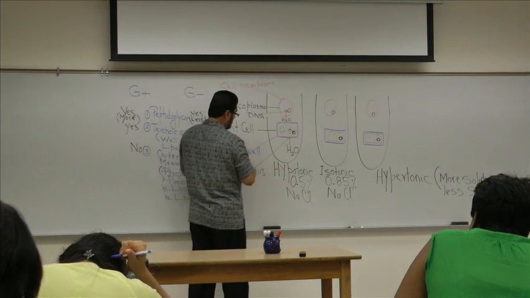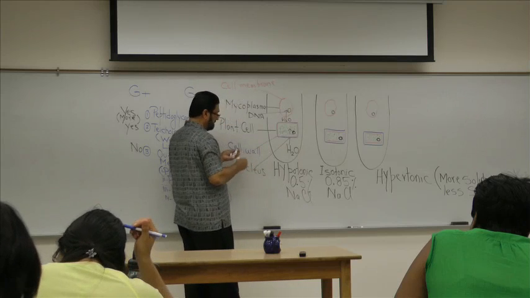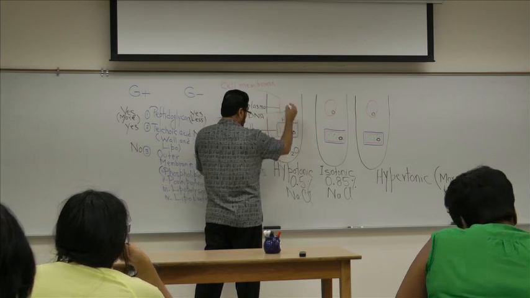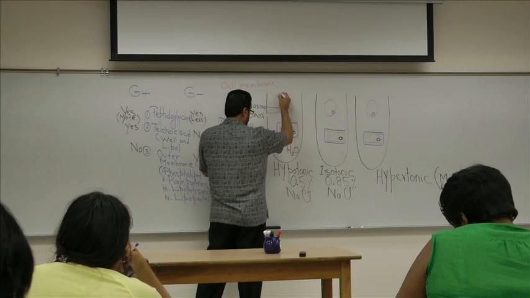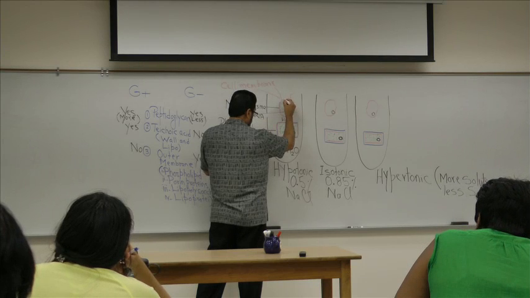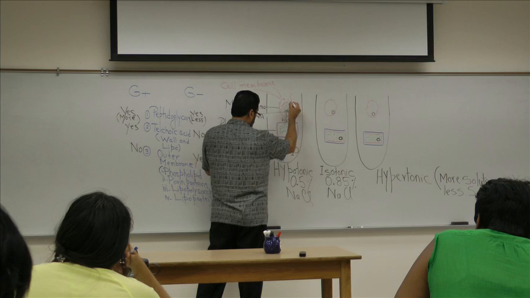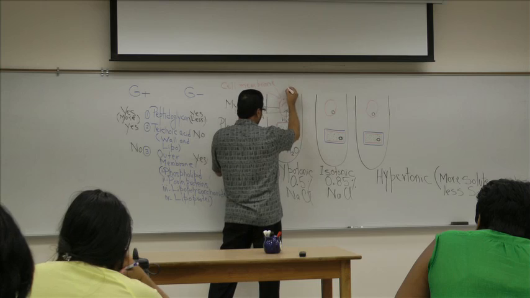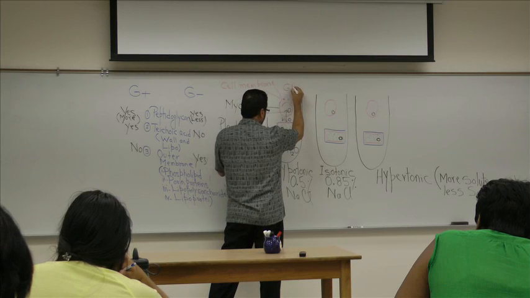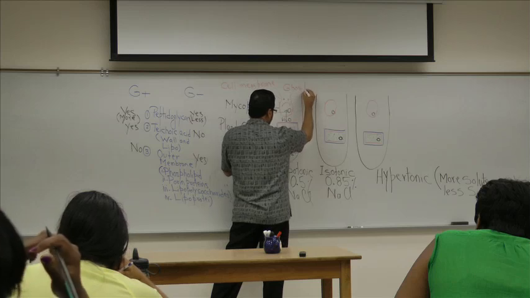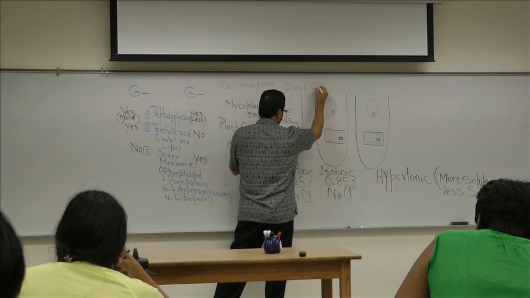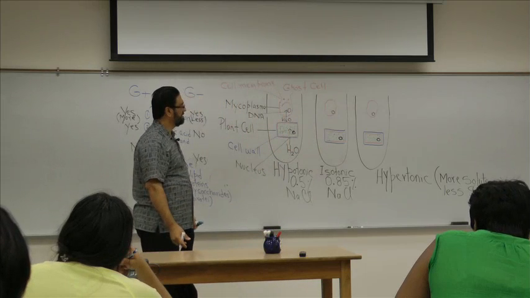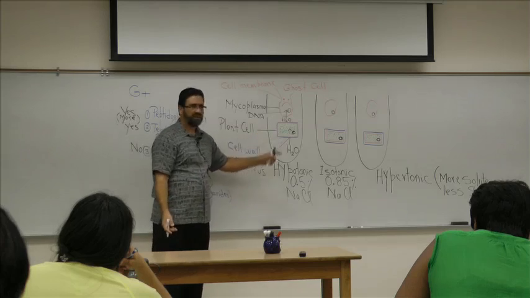How about this one right here? It will gain water and eventually it ruptures. That's why it's called a ghost cell. Ghost cell, ruptured cell. And this is called